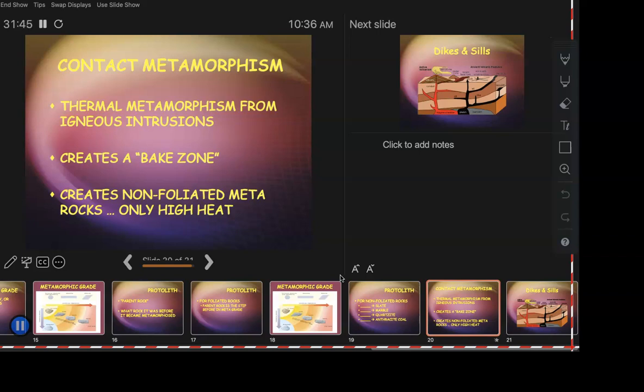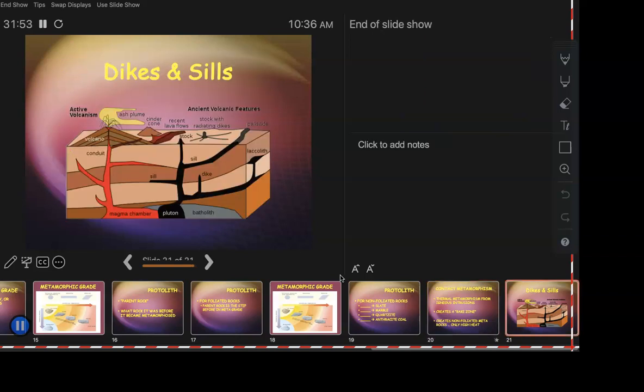Learn those examples. I know we haven't had it in lab yet, but I have seriously said it several times today. Now that I'm saying it, it sounds familiar, right? So these bake zones literally happen right around. I use the bonfire example very purposefully, because as you approach the bonfire, you don't necessarily feel it till you get right up close. Or more so, as you back away from it, you feel it less and less and less. So these bake zones are literally these buffers around the intrusion.